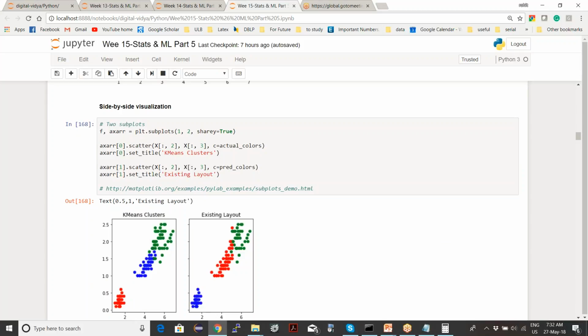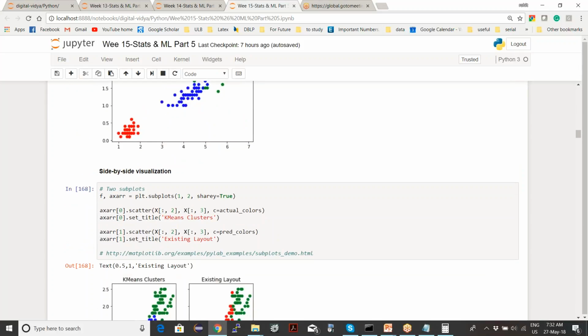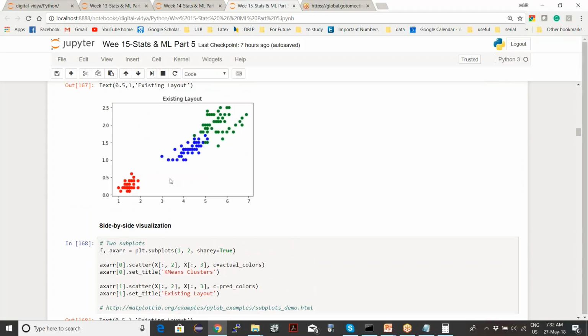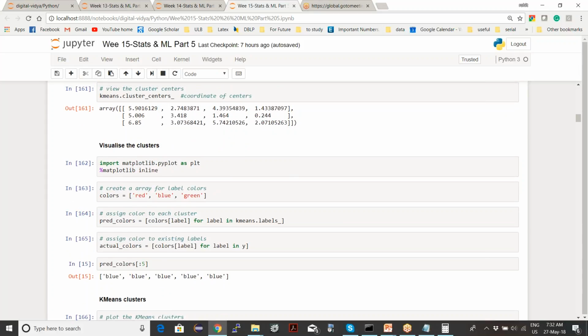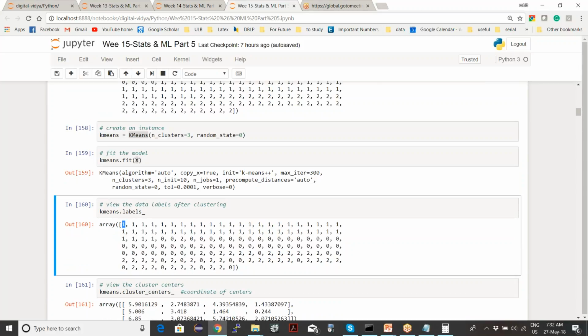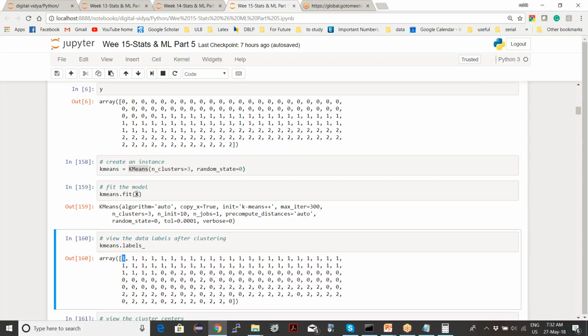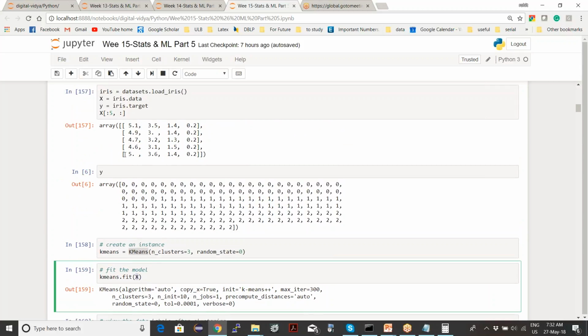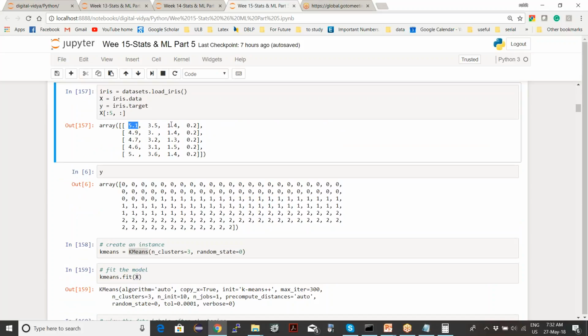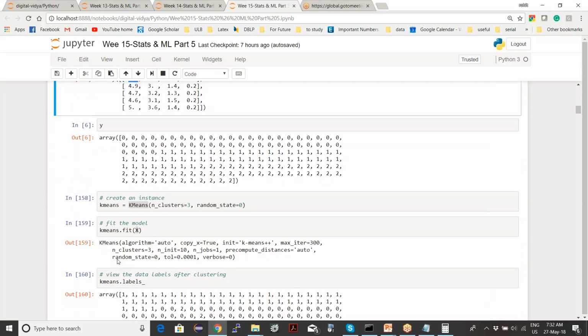So visualization is not something you have to always do. It's just to show you that it makes sense why it grouped it like this. But what you get is this. You fit the model on your x dimension, these values, and then for each individual value, like this is the first row, where your pattern length is this, width is this, upper length is this, width is this, the neighbor is 1.